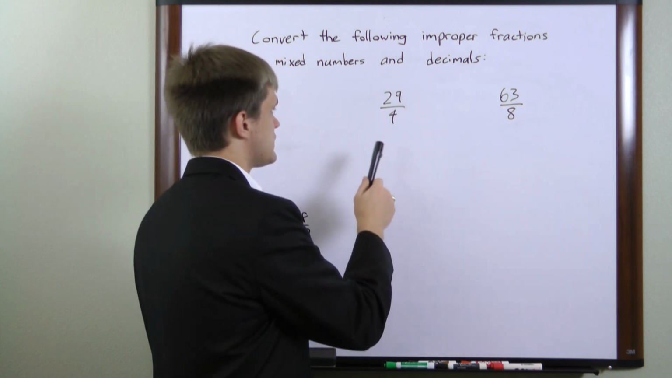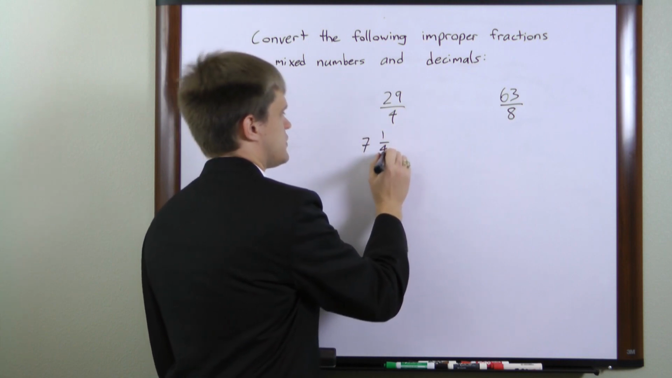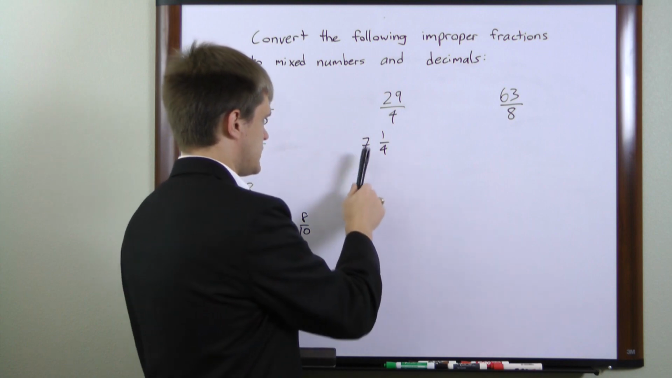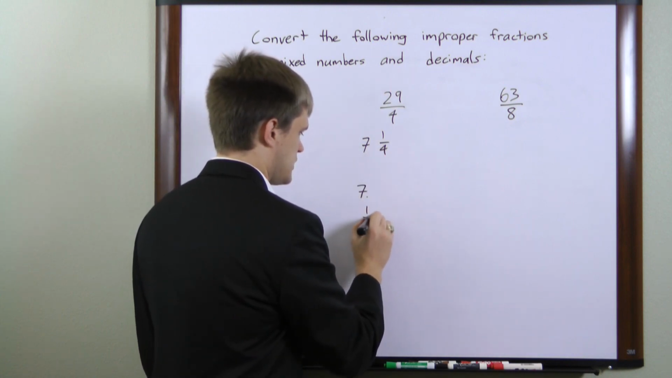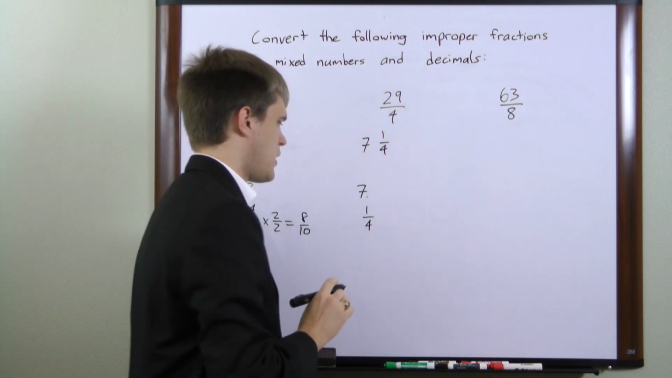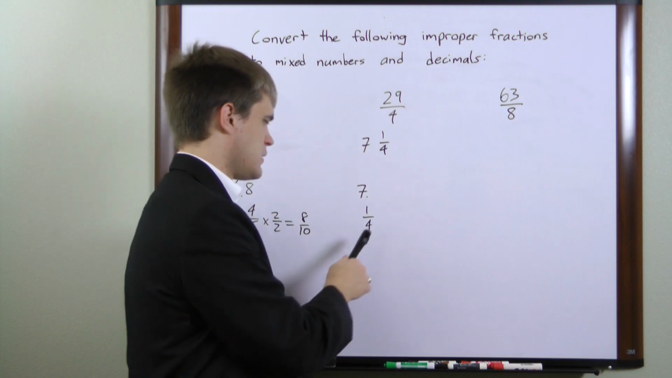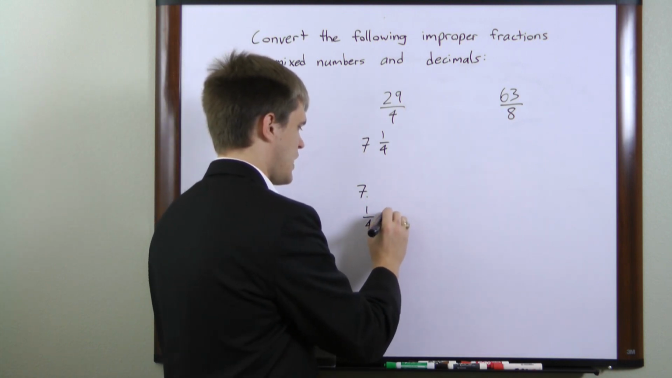In the second example, we have 29 over 4. 4 goes into 29 7 times with a remainder of 1, so our mixed number equivalent is 7 1/4. Now we take the whole number, put it to the left of the decimal, take the fraction, and now we have to convert the fraction to a power of 10 in the denominator. 4 won't go into 10 evenly, but it will go into 100. So we'll multiply top and bottom by 25,